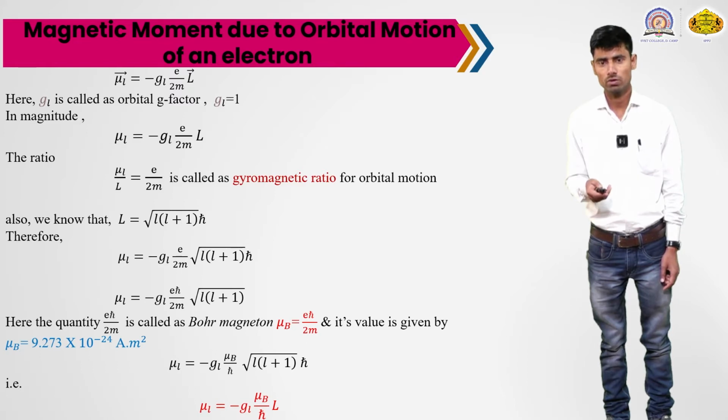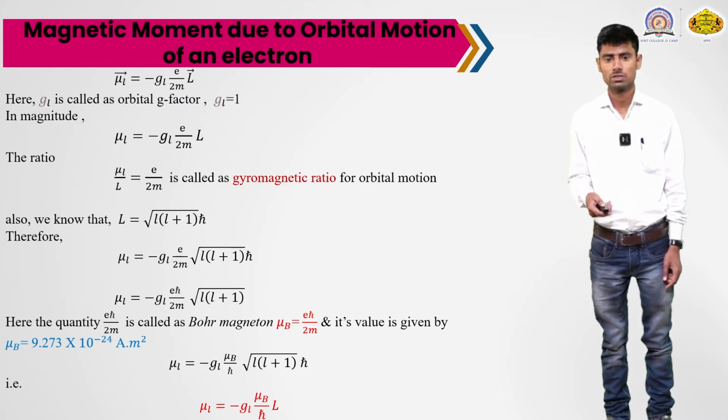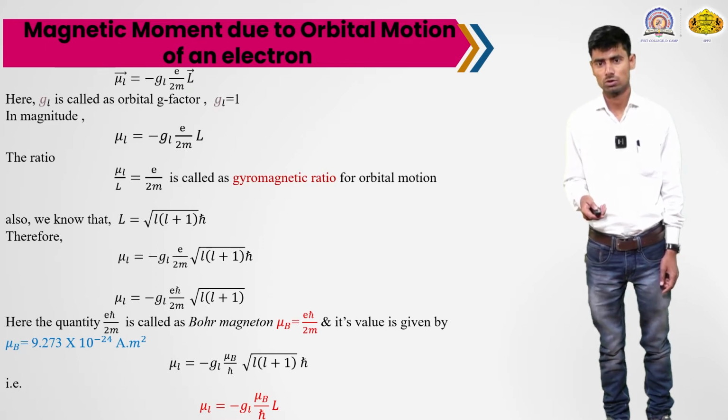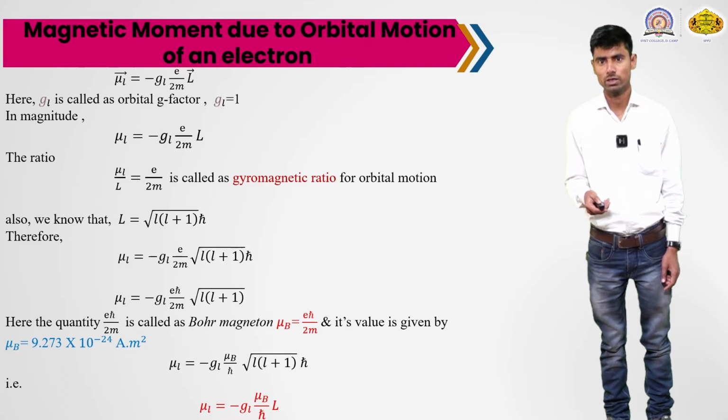And here you will observe one factor, e h cross upon 2m. That factor is the elementary unit for the magnitude of the magnetic moment of an electron, and it is known as the Bohr magneton. So e h cross upon 2m is the Bohr magneton, and its value is μB equals e h cross upon 2m. If you calculate that value by substituting the values of all other fundamental constants, you will get μB equals